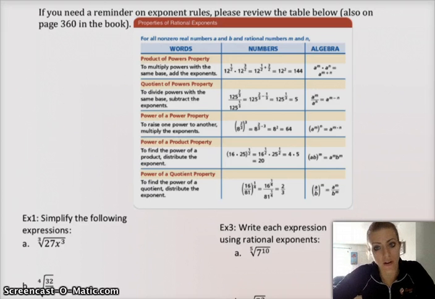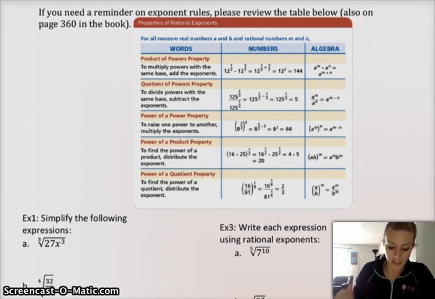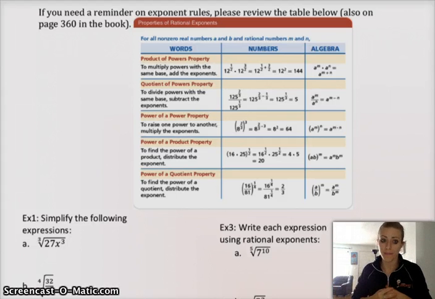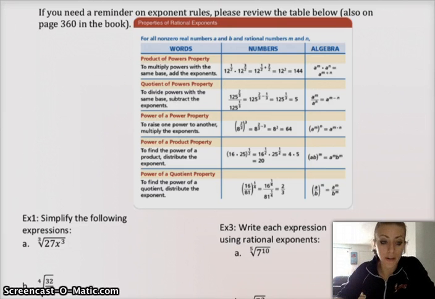If you need a reminder on the other exponent rules, please look at this chart or come to me during office hours to make sure you refresh those, because I'm going to assume that you already know them, because that's from like Algebra 1. So anyways, moving on. I would recommend pausing at this point and trying these problems on your own first,